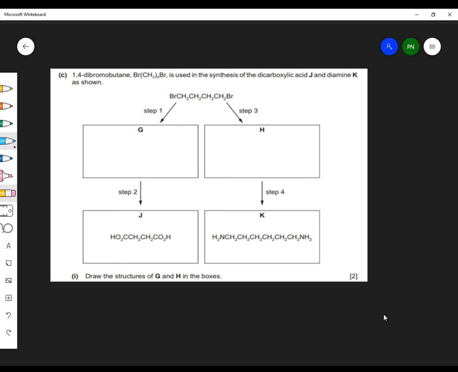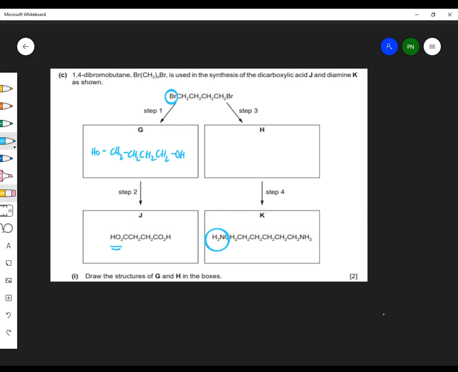1,4-dibromobutane is used in the synthesis of the dicarboxylic acid J, and the diamine K is shown. There you go. So obviously, how are we going to get to the carboxylic acid? We're going to replace these with OHs, aren't we? So we're going to get an OH there, CH2, CH2, CH2, CH2, OH. And now we've got